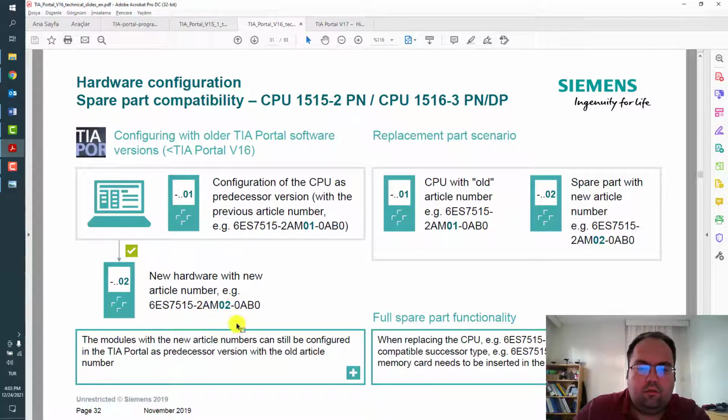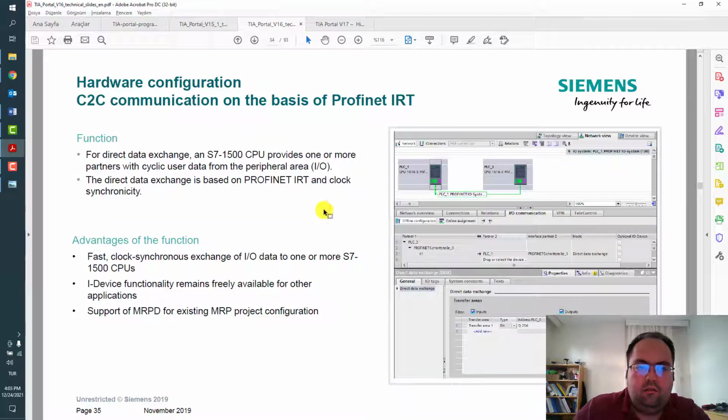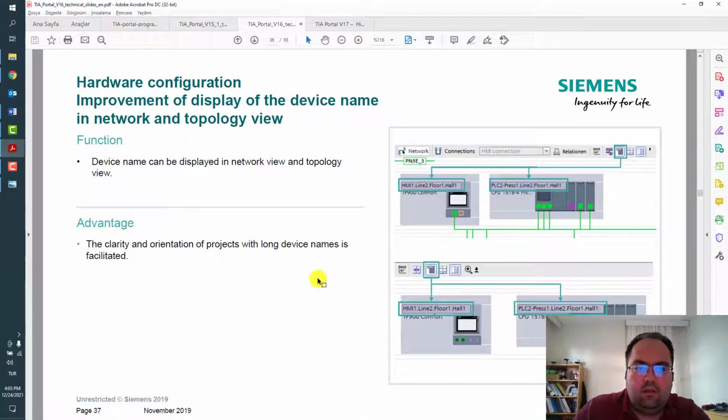You can see here the code change and successor type. IP forwarding, IT features, C2C, and on the web server JSON functionality is supported,